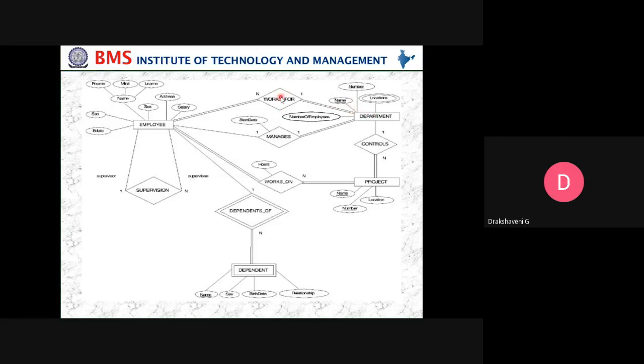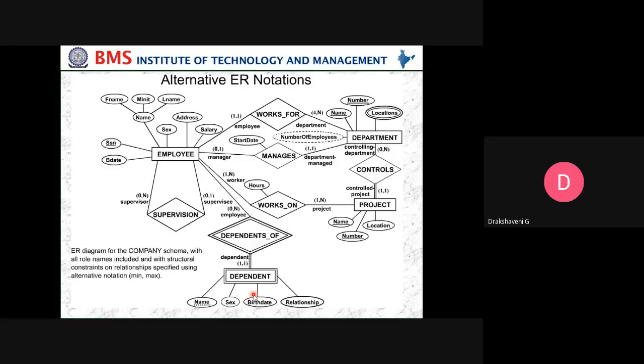Then the relationship works on, then manages with start date and number of employees. Then department controls project, with project name, project number and location. Then works on hours, and dependent name, whether male or female, birth date and the relationship. That is what a dependent is.